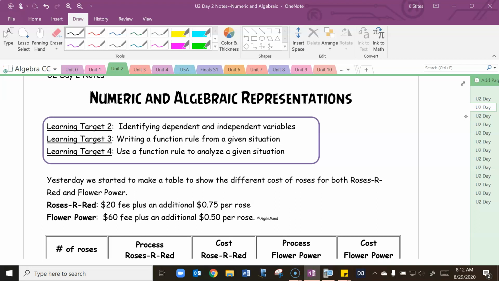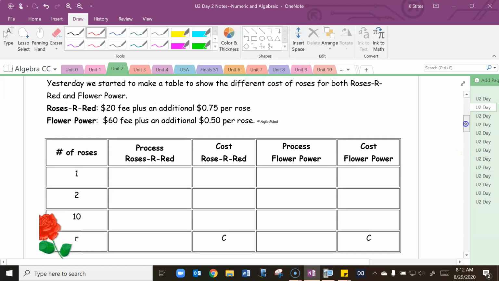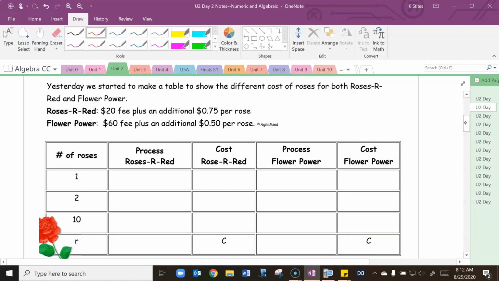So at the end of our last lesson, we were looking at Roses Are Red and Flower Power, two flower shops, and we are going to continue looking at those. So Roses Are Red, as a reminder, we have a $20 fee plus an additional 75 cents per rose, and Flower Power was a $60 fee plus an additional 50 cents per rose. So let's go ahead and fill out this table the way we did yesterday, and we have 1, 2, and